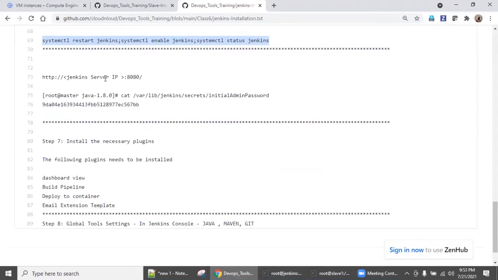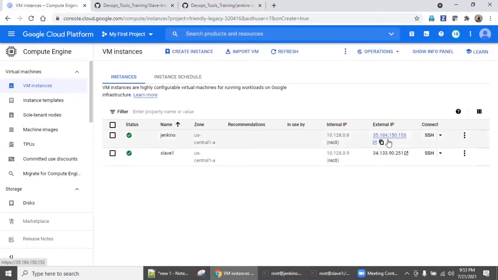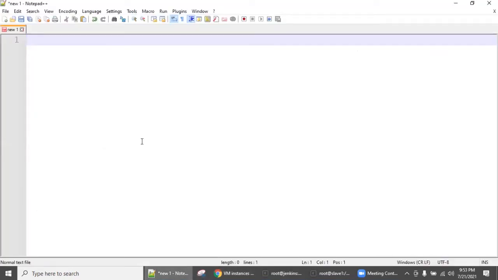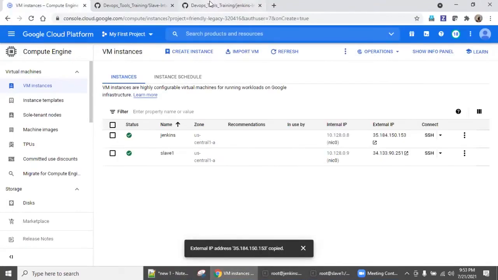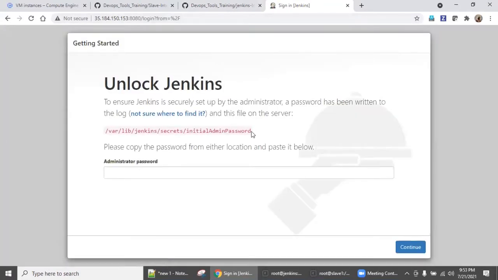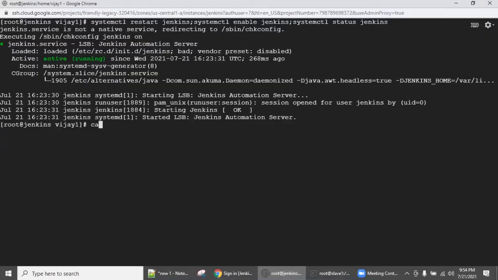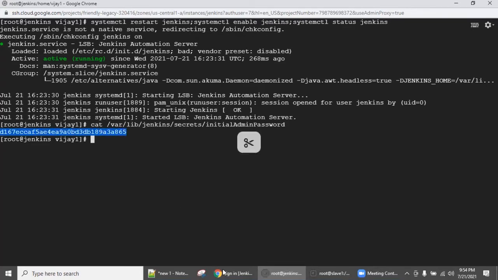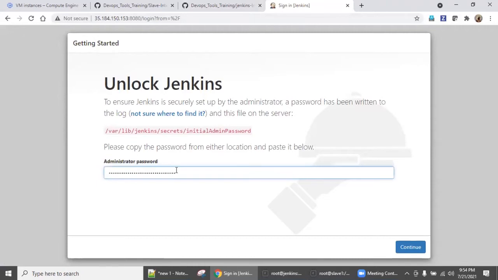So what is the Jenkins server IP address? Go back here. This is the Jenkins server IP address. Copy this, paste it, :8080. Copy this, come back and say duplicate and paste it. So this means the first time login, we need to retrieve the password from this file, which we saw in class 6, right? So take this password and open it in the console, which will unlock your further install process.